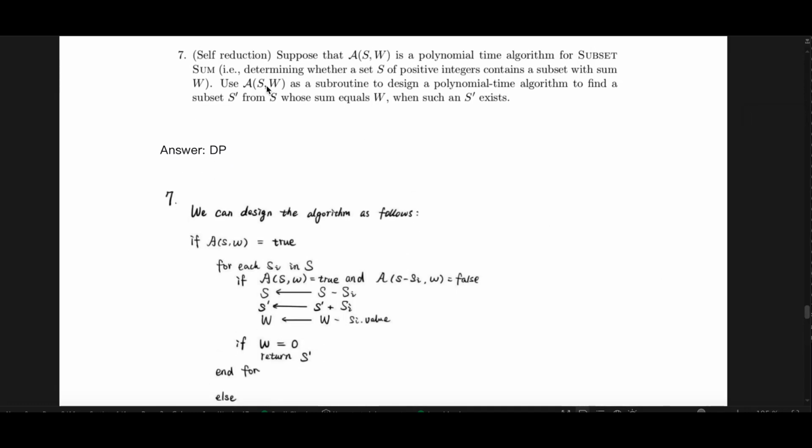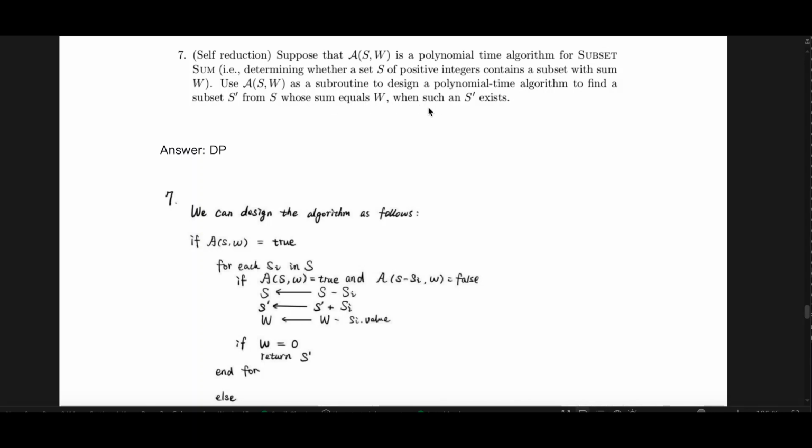Okay, look at the second, the last question. The question is the self-reduction. Suppose that ASW is a polynomial time algorithm for subset sum, i.e., it determines whether a set S of positive integers contains a subset that sums to W. Use ASW as a subroutine to design a polynomial time algorithm to find a subset S plus from S whose sum equals W,